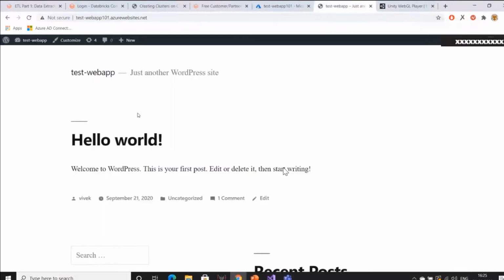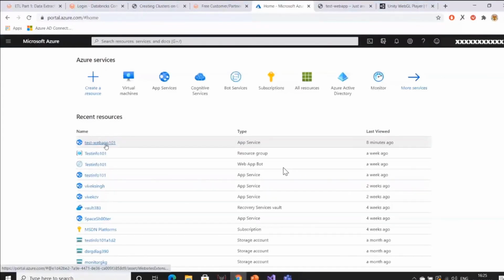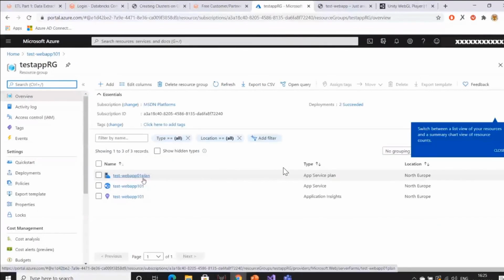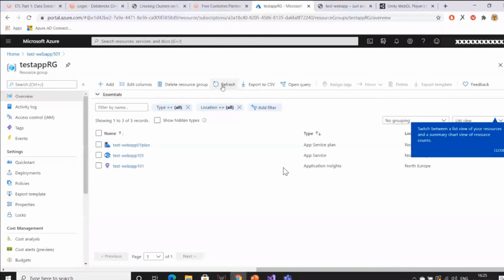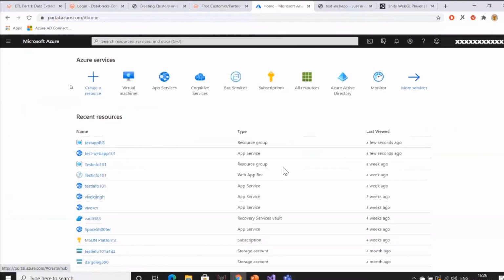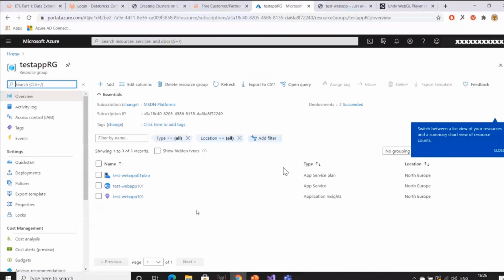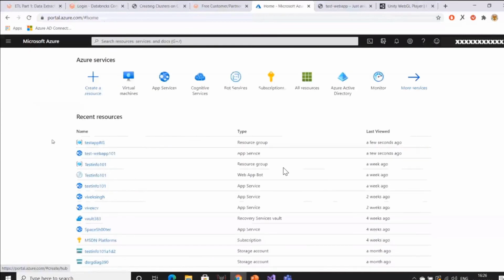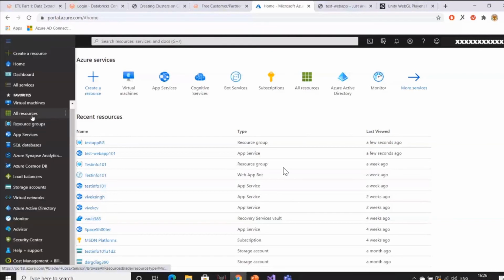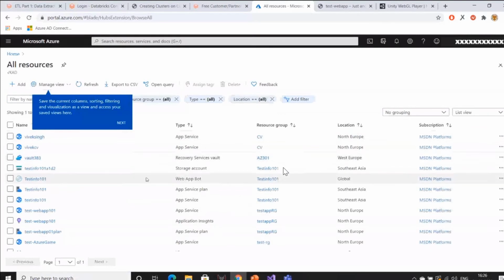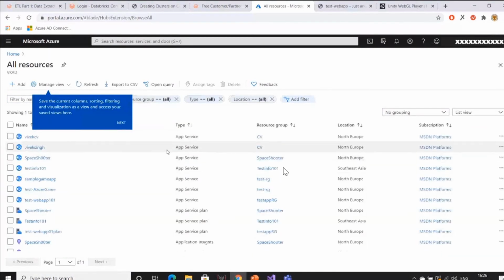If we go back to our Azure portal, let's go to our resource group. This is our resource group, and we can also go to All resources and see all of our resources right from here.